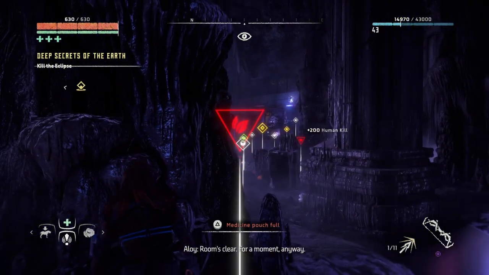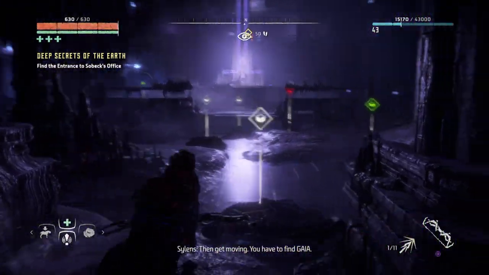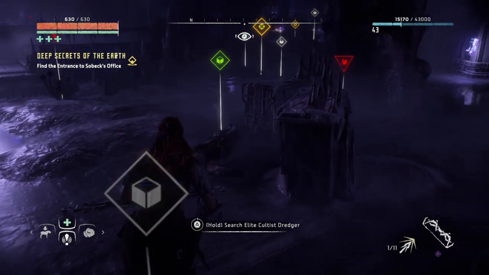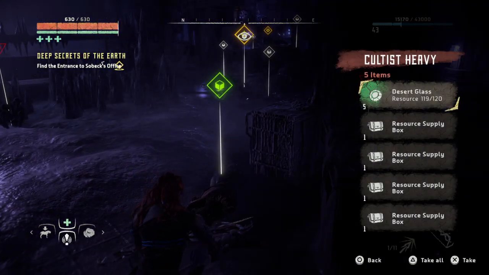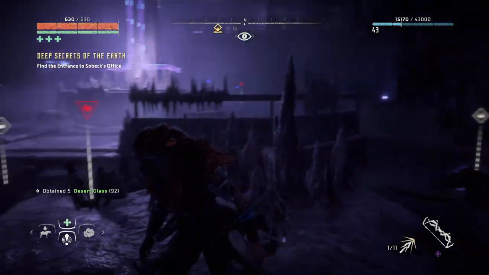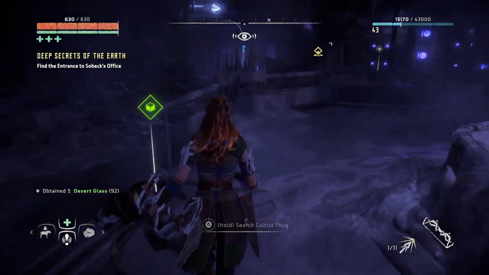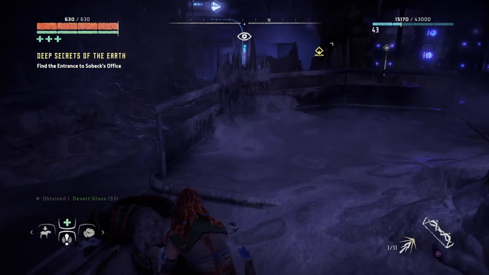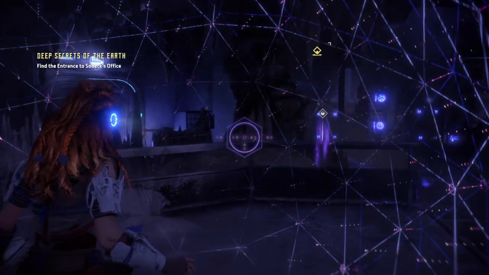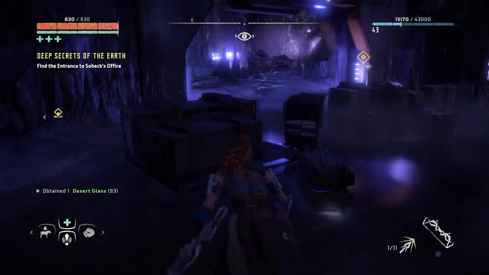Room's clear. For a moment, anyway. Then get moving. You have to find Gaia. Oh yeah? Is that what I gotta do? But I had no clue. Glad you told me that, dude. I understand, like, he's also, like, pressed, but man, he is...